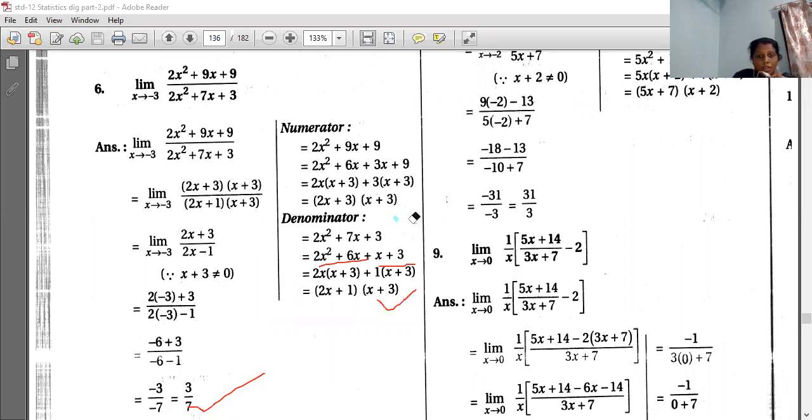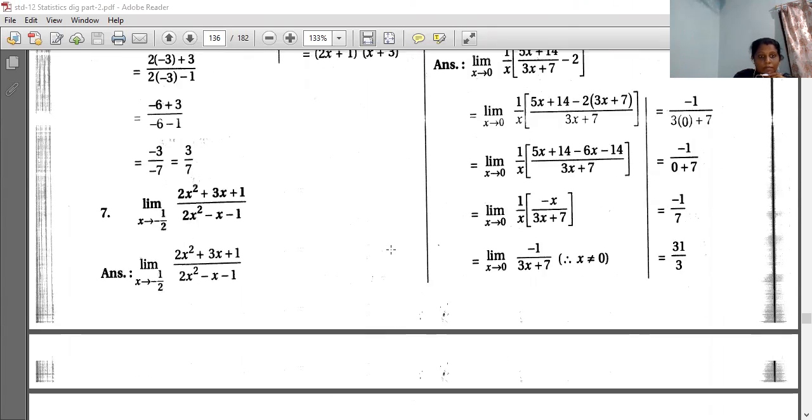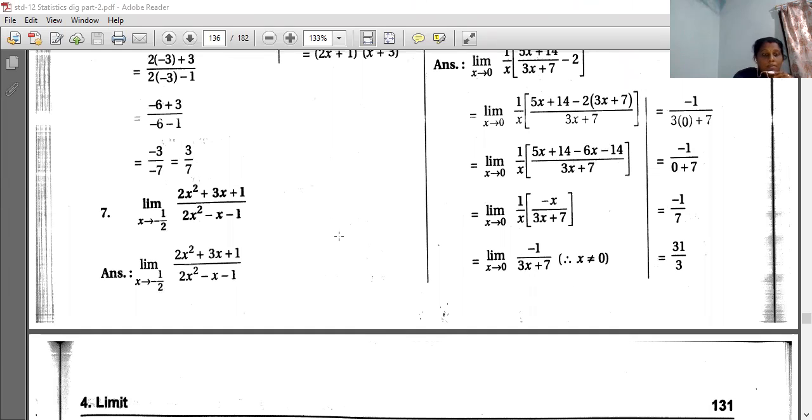I told you that if your factorization is clear, then it is a very easy chapter. That fourth and fifth chapters are both very easy, if you know the factorization properly, then only. Okay. Now our next question is